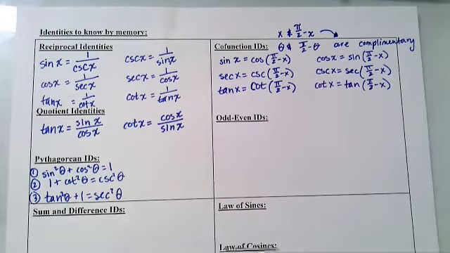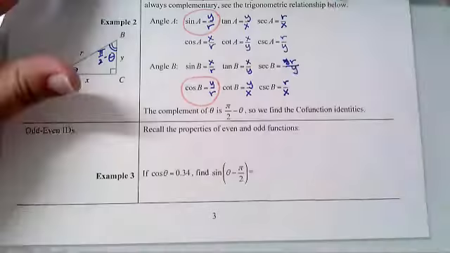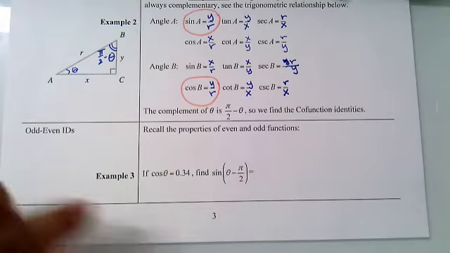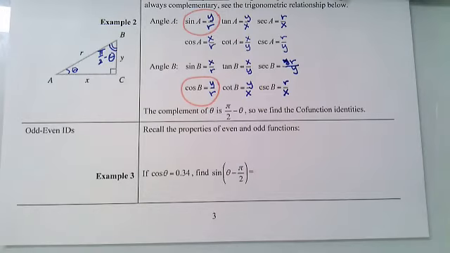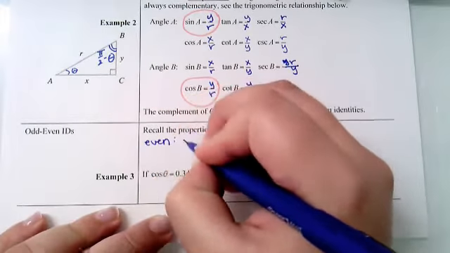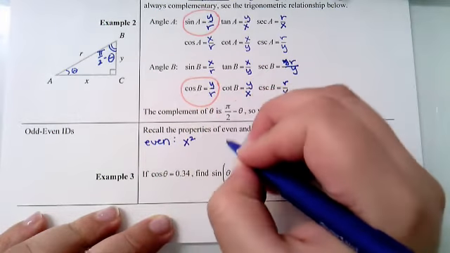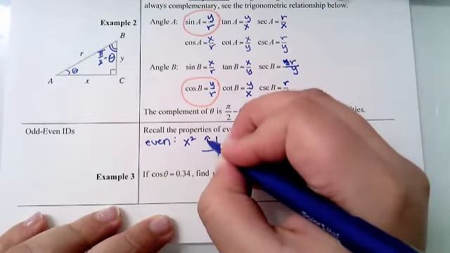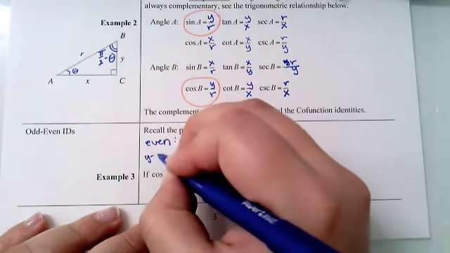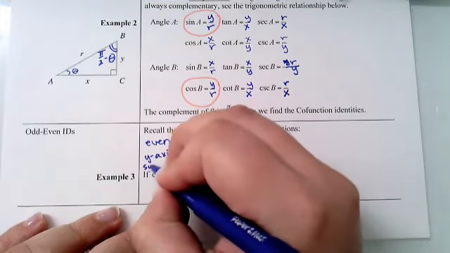Now we're going to switch back to the 5.1 notes page. Hopefully you're not getting whiplash. Our next set of identities come from the properties of odd and even functions. Now, if you did the review packets, you'll remember that odd and even functions come from symmetry. So let's look at even functions. Even, like x squared, 2 is an even number. X squared is a parabola that has symmetry over the y-axis. So this is y-axis symmetry,